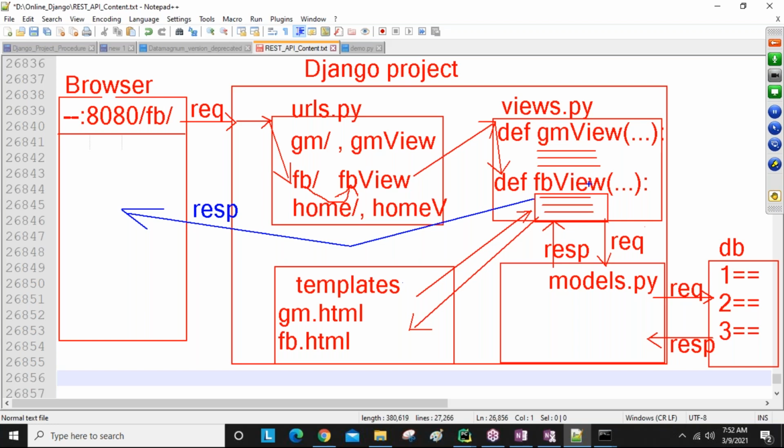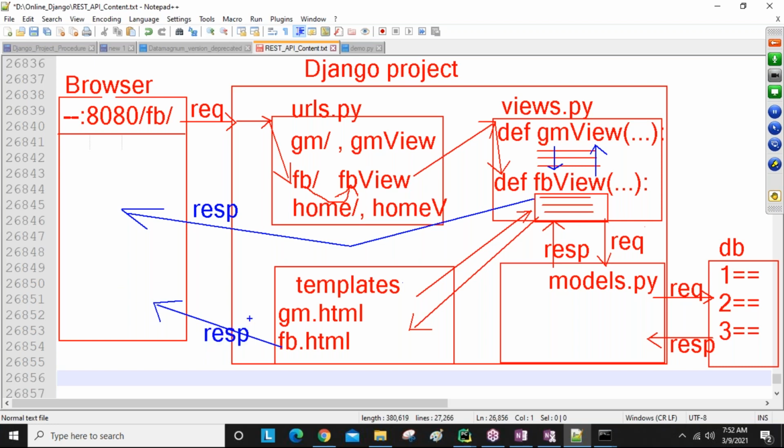Next, sometimes our view interacts with another view. From one view to another view, we communicate to exchange the information, to transfer the response or request, whatever you want. So this is the flow. Sometimes our view interacts with the templates, so our template directly gives the response to the browser. Every HTML displays some output in the browser. So different variations there, response variations.